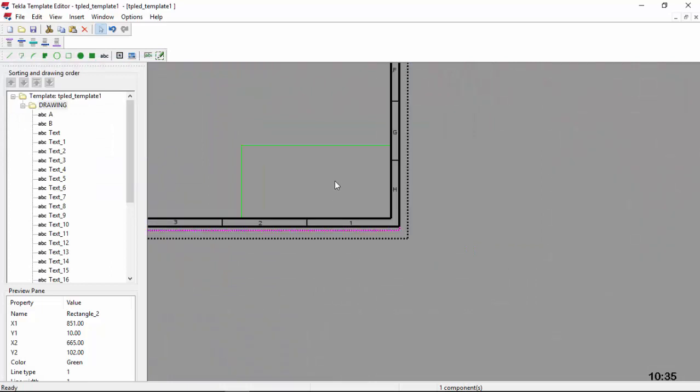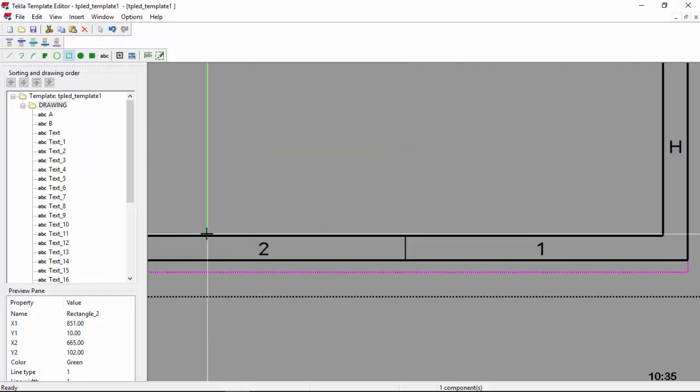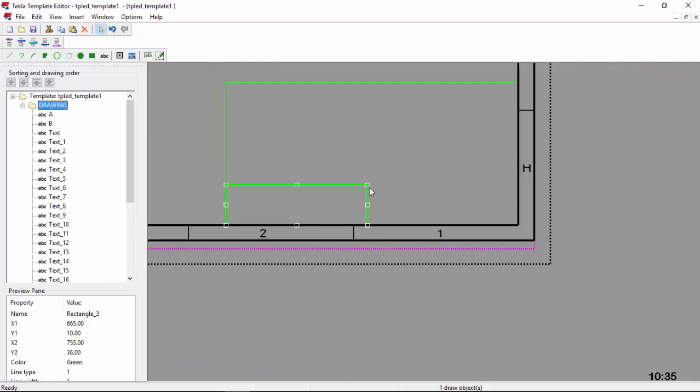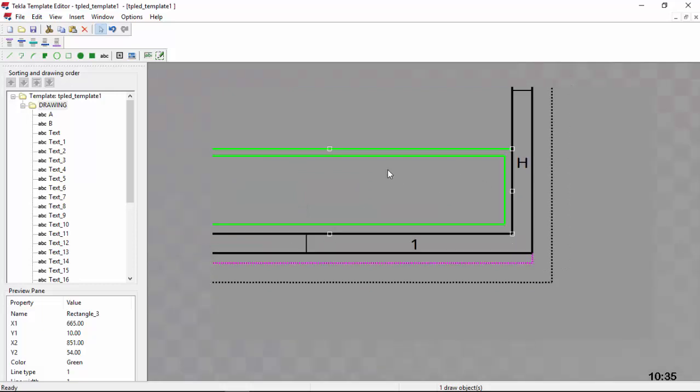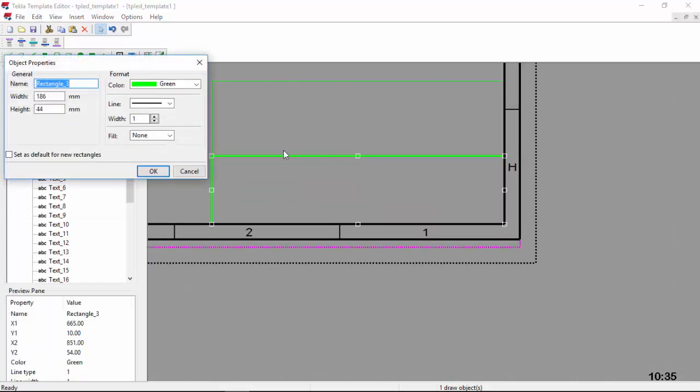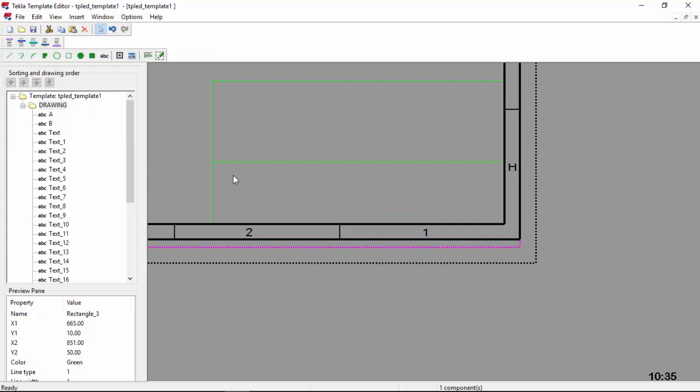And now I'll come back to rectangular, and I'll snap right at the bottom end here and drag. I'll drag that to that spot. Make sure it meshes with that line. I'll double click that and give it a height of 40. Click OK. Once I've done that,